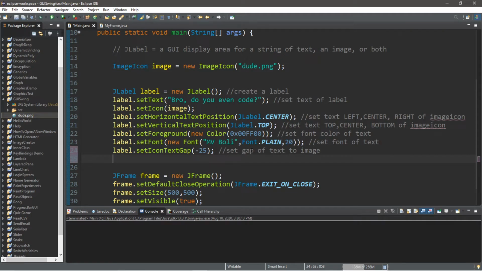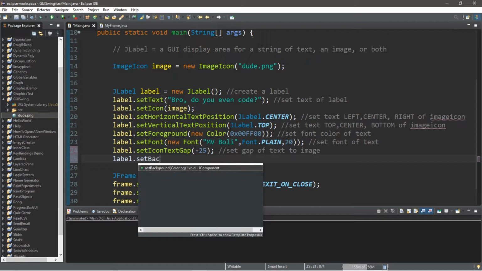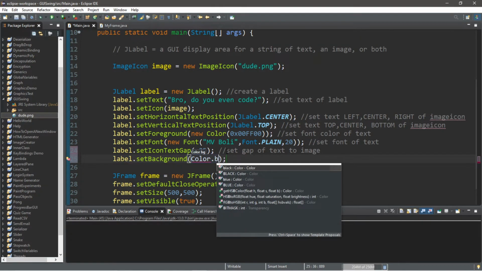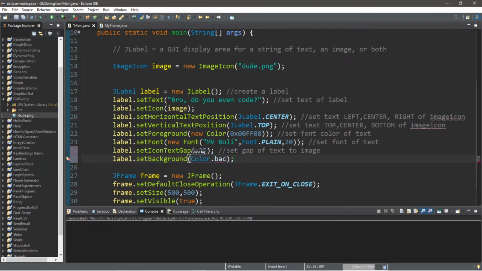Now let's change the background color. So we're going to use the label.setBackground method, and we can pass in a color. I'm just going to use a constant this time. So let's say black, Color.BLACK. Like that. All right, so this will set the background color. However, let's take a look to see what happens.